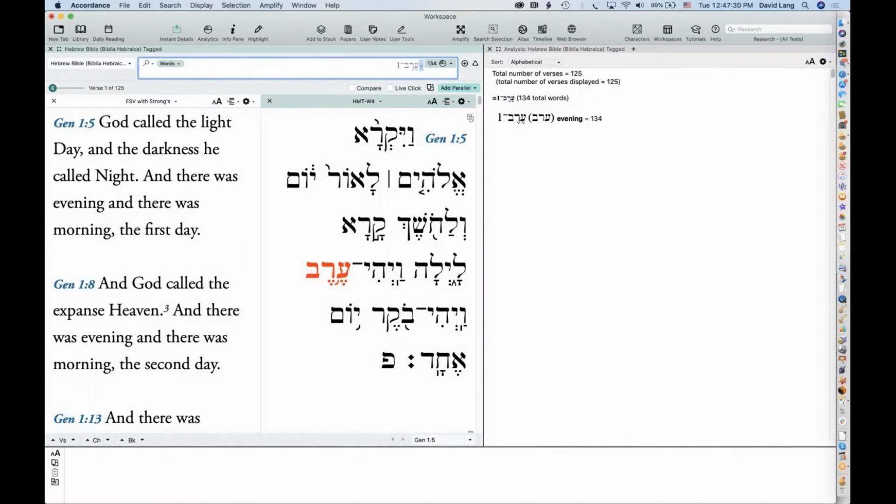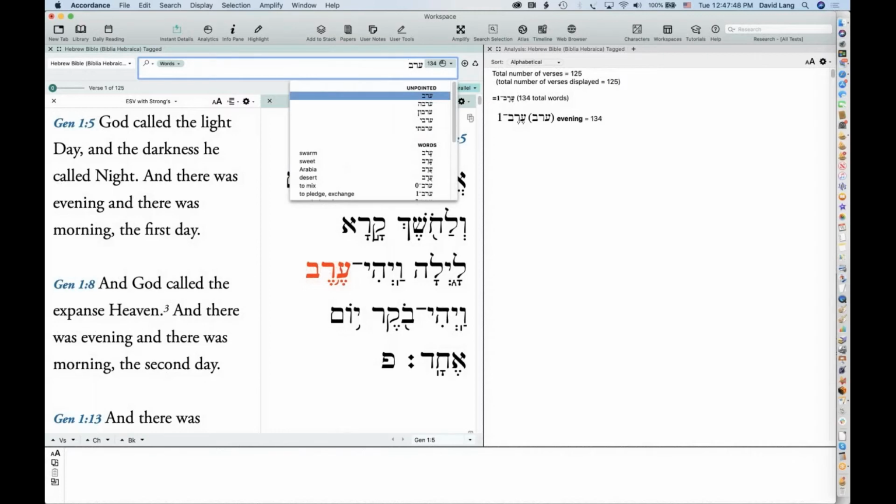Okay, so that's exact searching. You use the equal sign, and the equal sign tells Accordance, pay attention to the vowel points. But it also means pay attention to those homograph numbers as well. So be aware of that when you want to do a search. Now, the nice thing is, if I just type in Ayin Resh Bet, I've got the quick entry list here that gives me the unpointed options, but it also gives me the pointed options.